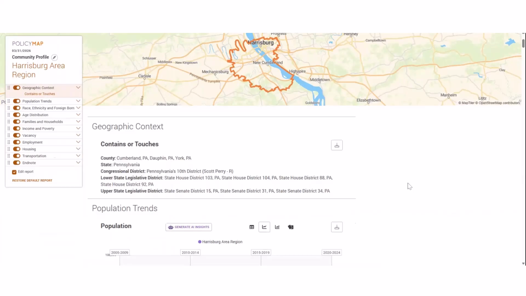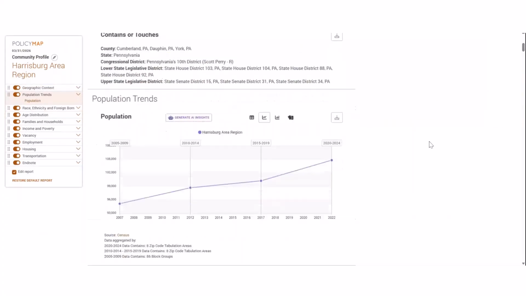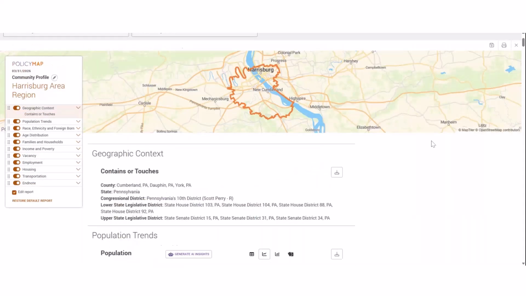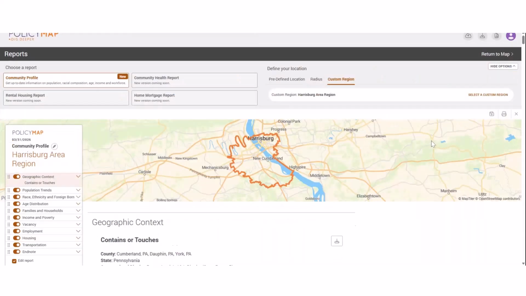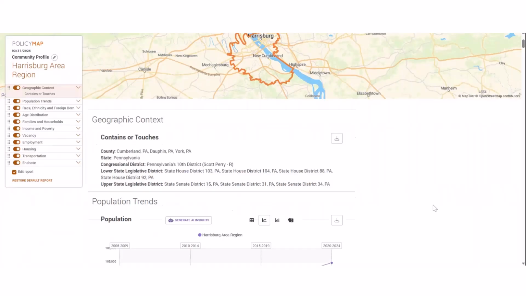So folks may have noticed that when we generated the community profile report for this custom region, and this is the case in the legacy format as well, or what's currently available in PolicyMap, data isn't released from the census or other sources at these custom region boundaries, right? And so what the report is doing is identifying underlying